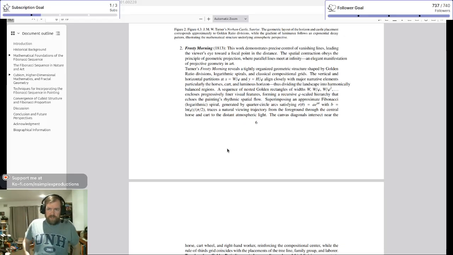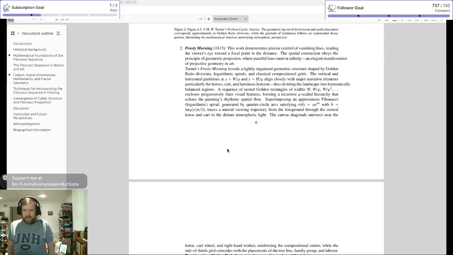Sequence of nested golden rectangles with widths w over phi squared, encloses progressively finer visual features, forming a recursive phi-scaled hierarchy that echoes the painting's rhythmic spatial flow, superimposing an approximate Fibonacci logarithmic spiral generated by quarter circle arcs, satisfying